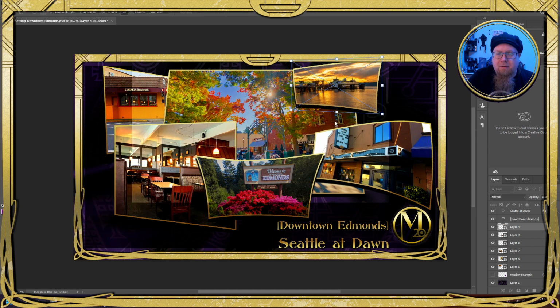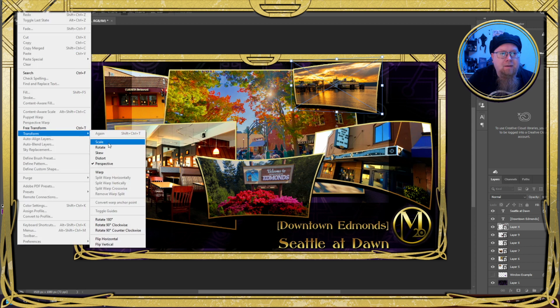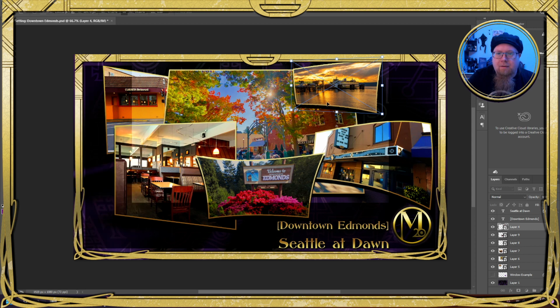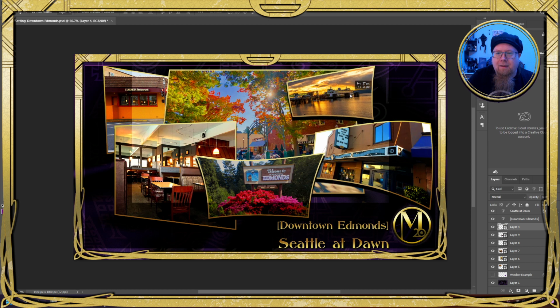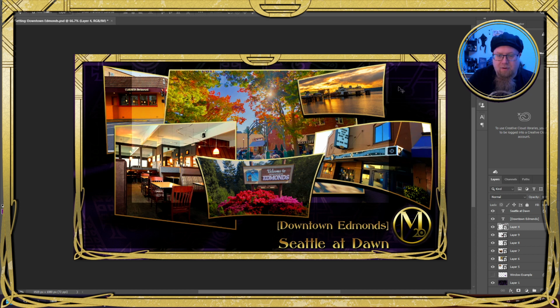Pull that out a bit. Then rotate it a bit like that. I like it. I like it right about there. This space right here is going to be where the storyteller window is, where I'm at. So I'm not going to be in the way of anything. So yeah, that looks beautiful.